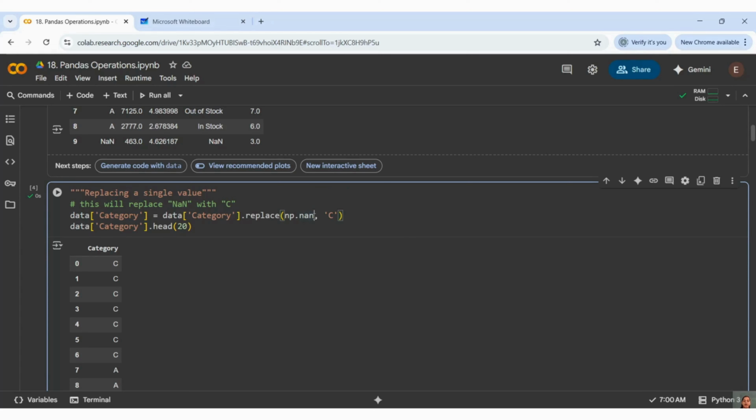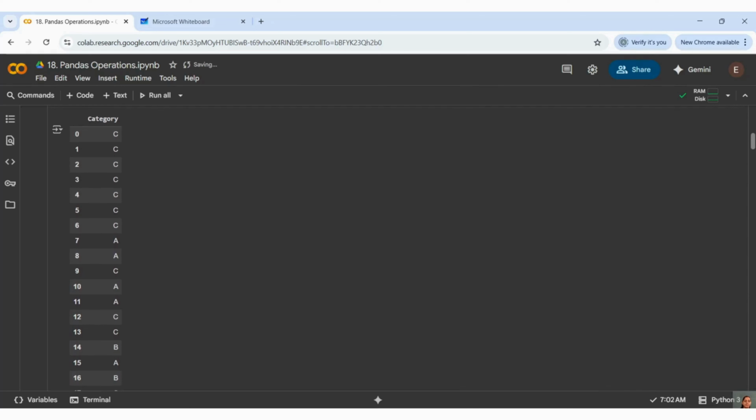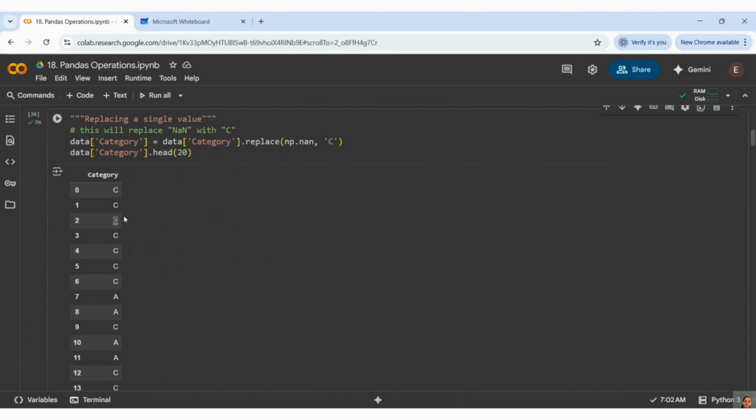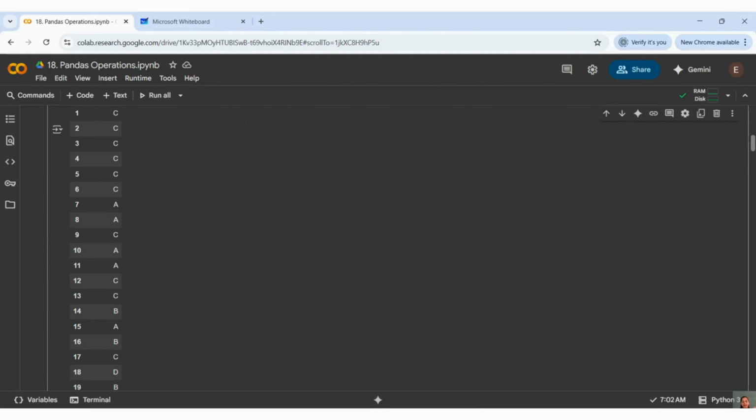And what I am doing is replacing my null values in the dataset with C. Now I'm printing my head and you can see that my values got changed. Wherever null values were present, all these values were nan, now all those values are replaced with C. It's the same way we fill, like the fillna method. This is the replace method.